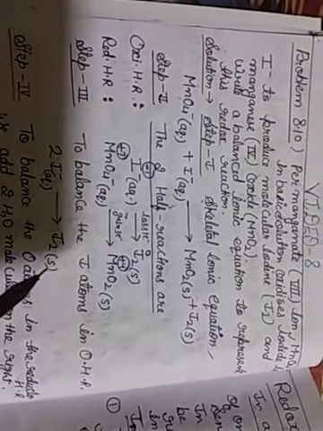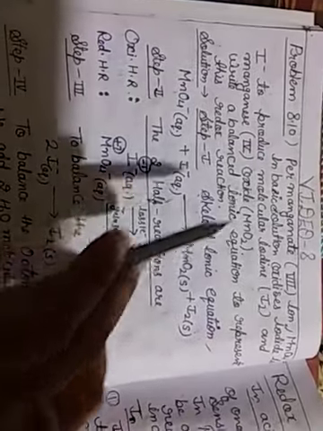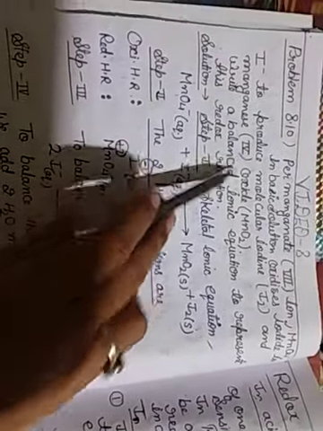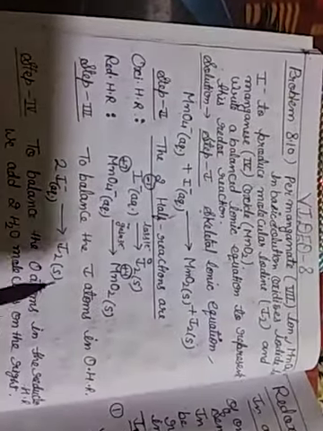In this video I will explain problem 8.10 and then redox reactions as the basis for titration. So first I start with problem 8.10. The question is: permanganate ion MnO4 minus in basic solution oxidizes iodide ion I minus to produce molecular iodine I2 and manganese(IV) oxide MnO2. Write a balanced ionic equation to represent this redox reaction.